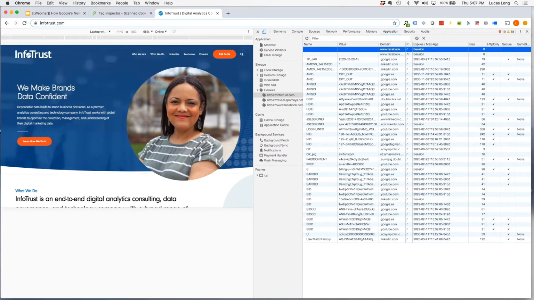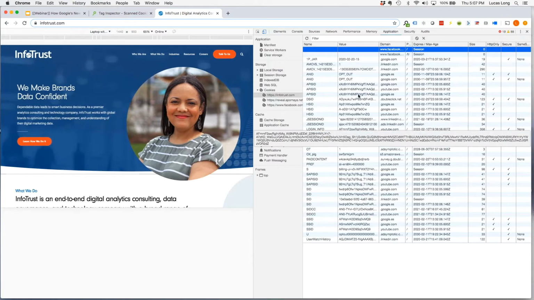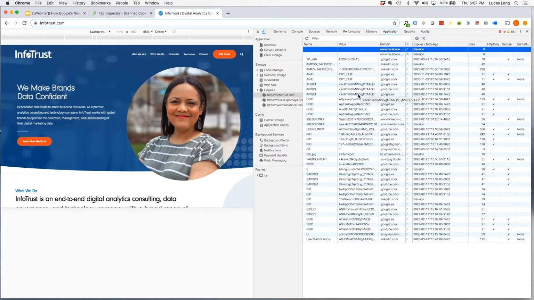So the common attributes that you're going to see, the name, that's just the name of the cookie, the value, that's what is going to be storing those things like a unique anonymous cookie ID or those user preferences or even consent preferences, for example. The domain, that's the domain that the cookies are set on. So when we talk about first party, third party cookies, first party is going to be anything that's set on the domain of the actual website. Third party are going to be these cookies that are set on like Google, DoubleClick, Facebook domains.